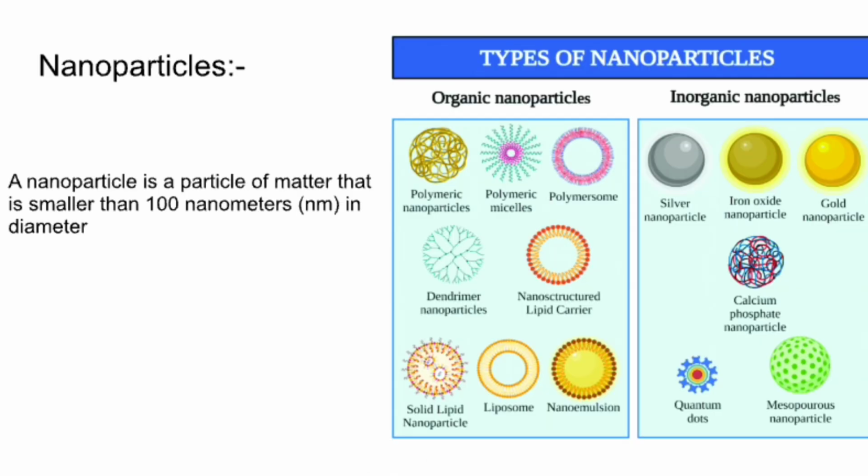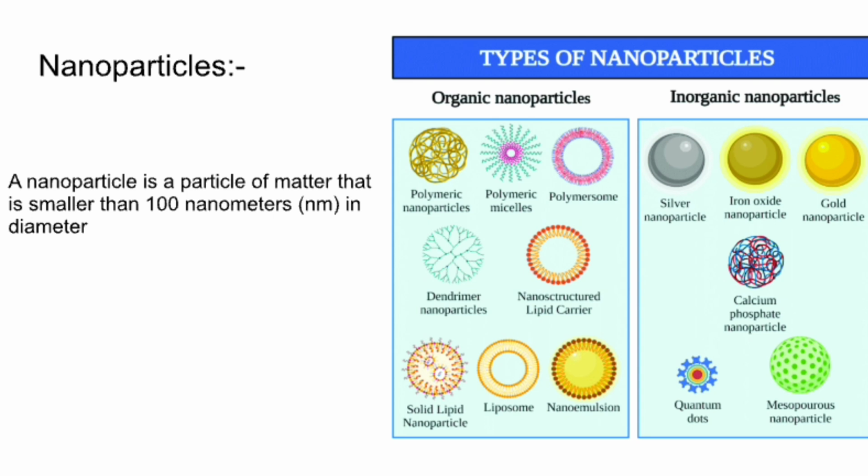Next topic is nanoparticles. So what are nanoparticles? Nanoparticles are particles of matter having a size smaller than 100 nanometers, or between 1 to 100 nanometers. There are two different types of nanoparticles. First one is organic nanoparticles and second one is inorganic nanoparticles. The examples of organic nanoparticles are polymeric nanoparticles,